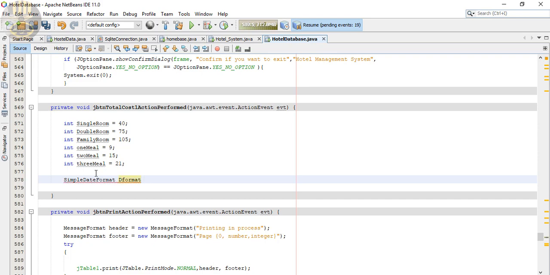D format equals new simple date format. And the simple date format, I'm going to make it as YYMMDD. There. So this simple date format is what I will use to carry out most of my calculation